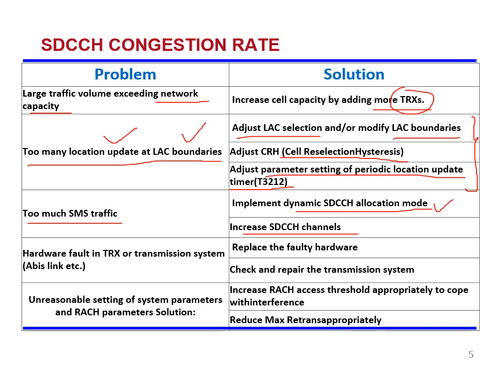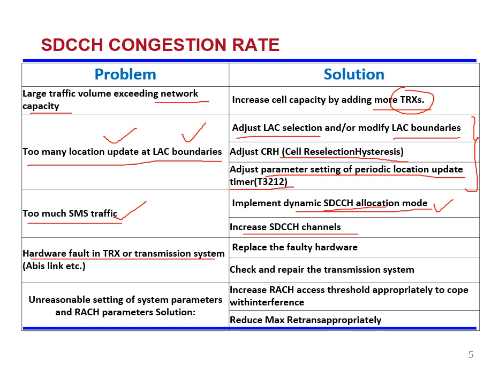If you are adopting this feature, out of 8 time slots, if more congestion is there, SDCCH allocation can be 2. You can allow 2 time slots for SDCCH channels. That means 2 time slots means 16 SDCCH will be there. If further demand is there, you can allocate 3 time slots. 3 time slots means 3 into 8, 24 SDCCH will come into picture, and it can cater to more SMS traffic or more SDCCH congestion rate. Okay. So these are the solutions that are available for the SMS traffic problem.